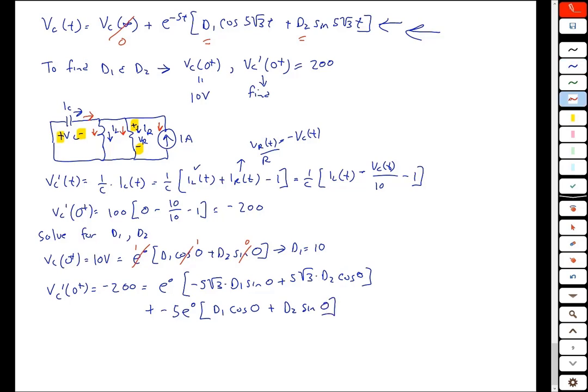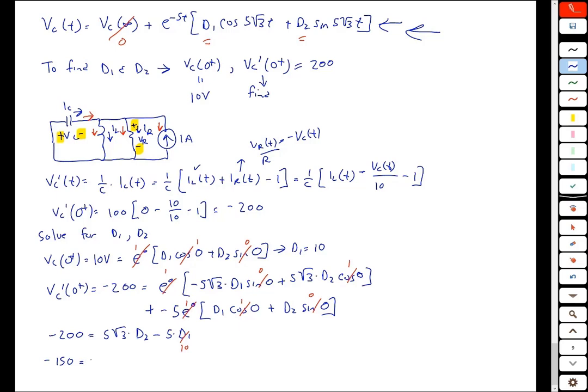Once again, a lot of things evaluate to either 0 or 1. E to the 0 is 1, sine of 0 is 0, cosine of 0 is 1, cosine of 0 is 1, sine of 0 is 0, and e to the 0 is 1. So now solving for d2, we get minus 200 is equal to what? 5 times the square root of 3 times d2 minus 5 times d1. But what is d1? d1 is 10, so we end up getting that